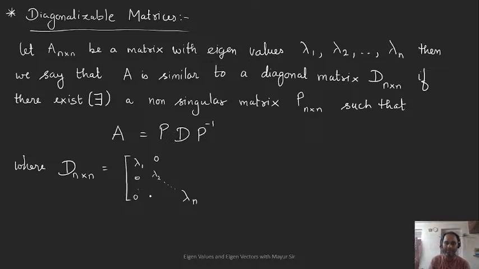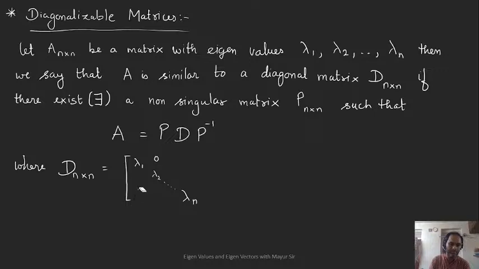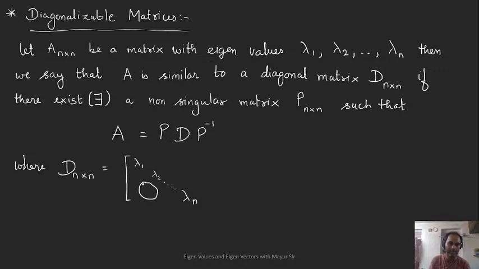We generally write it like this: we put a capital O here and here, so that means all entries are zeros over there. Okay, so this is how this n cross n matrix is, and a capital P